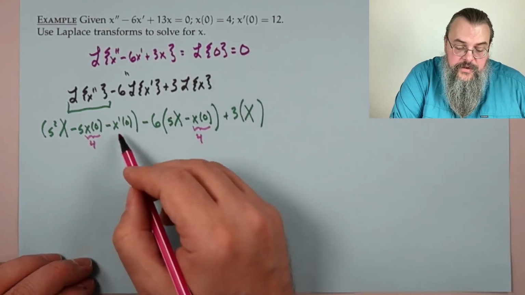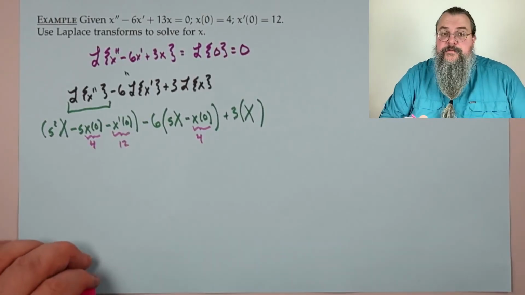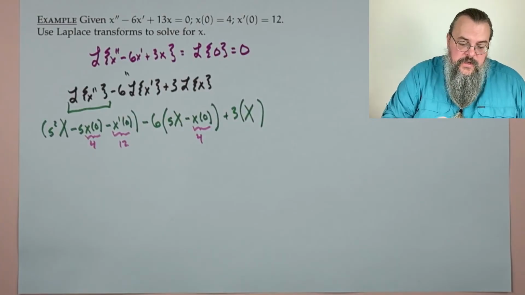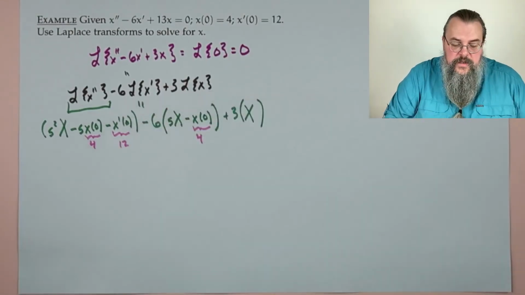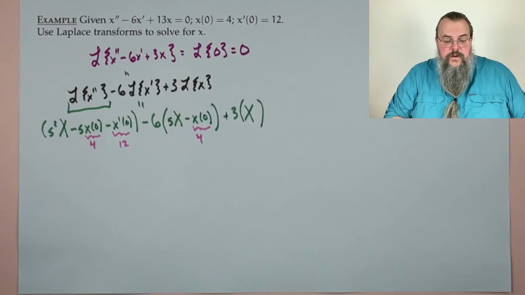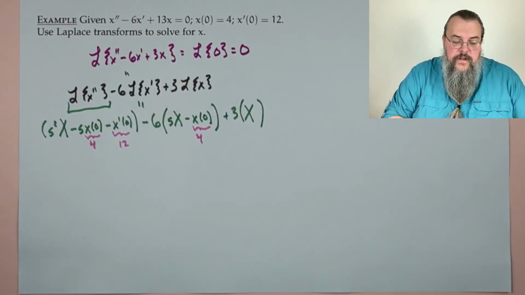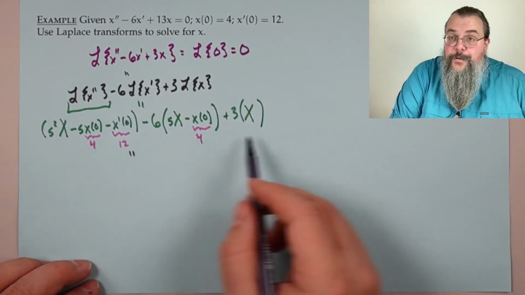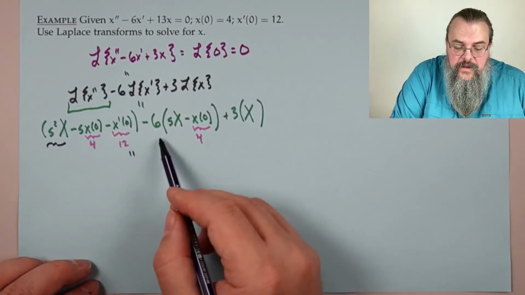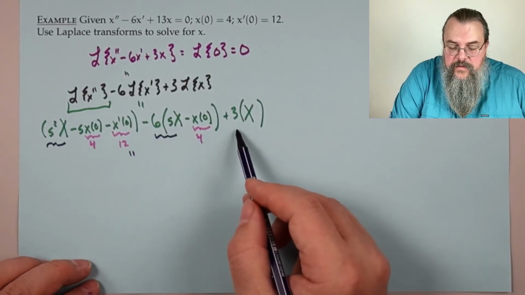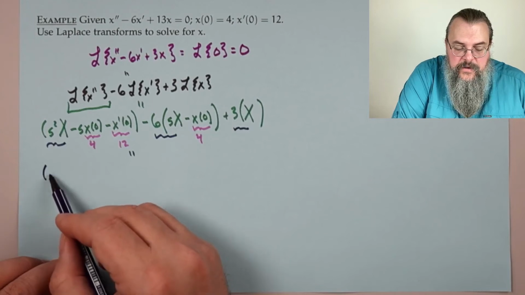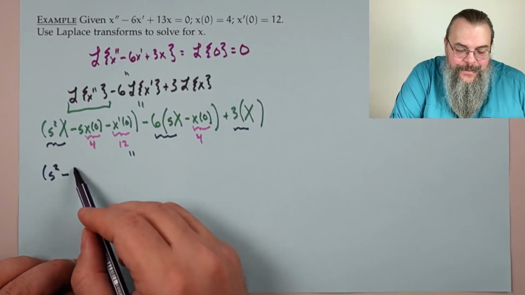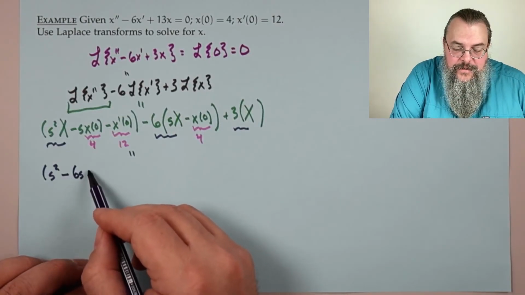And x prime of 0 is 12. All right, so now we group. Okay, and I forgot to put an equal sign here. All right, so at this stage, we get the following. We have, for the x, what do we have? S squared x, we have 6sx, and we have 3x. So I'm going to factor out the x, so s squared minus 6s and plus, whoops,